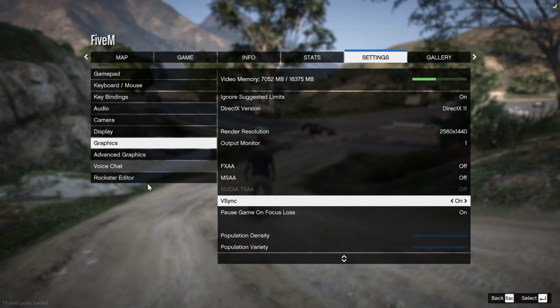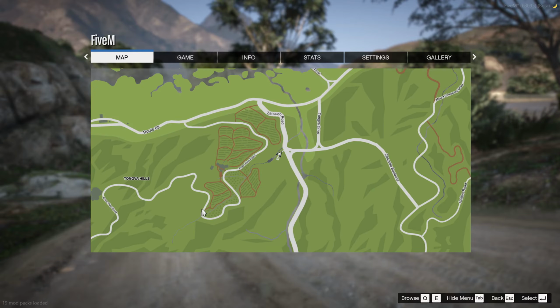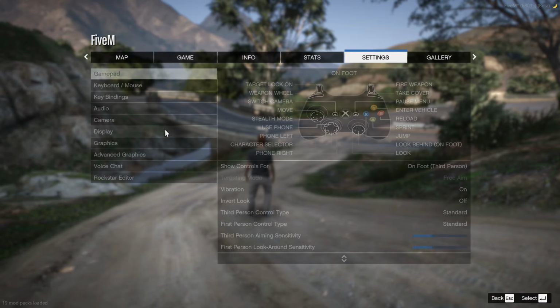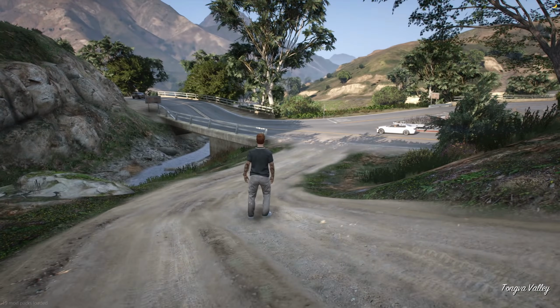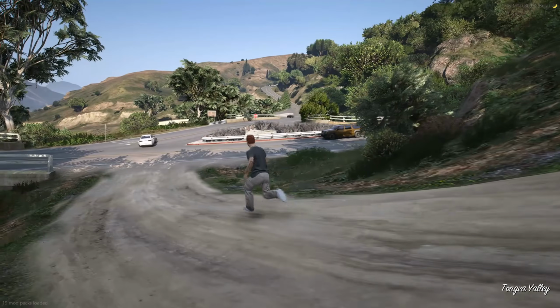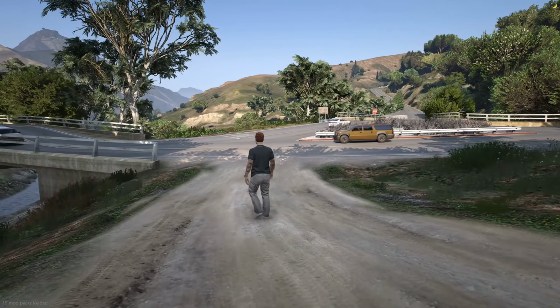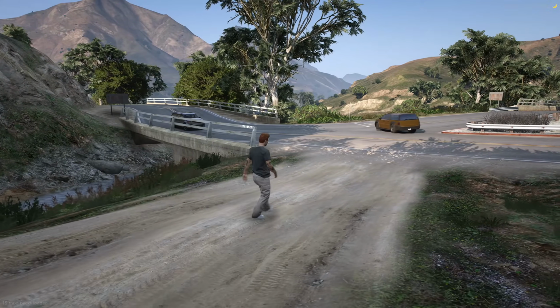Once you do that, you are all good, and you just gotta make sure you have FXAA off and all the MSAAs, and then also have the full screen on instead of the exclusive for your Upscaler to work. So I'm gonna head over to